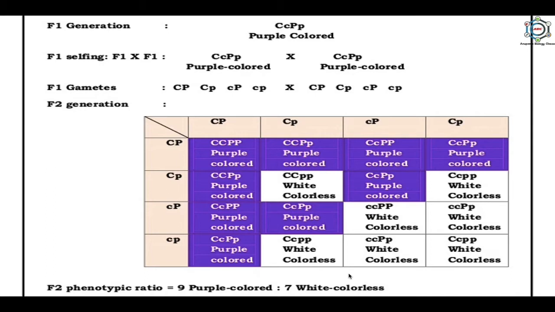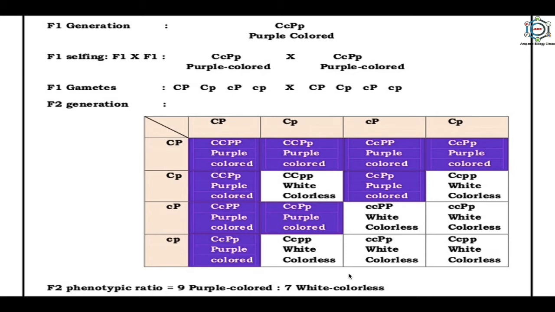At least one capital C gene and one capital P gene must be present to produce purple flowers. So the absence of any one or both results in white flowers. Of the above two white flower varieties, one is genotypically small c and capital P, and the other is capital C and small p. The former lacks the genes for the formation of the raw material and the latter lacks the genes for the formation of the enzyme needed to change the raw material into the final pigment. Hence, both are white colored flowers.